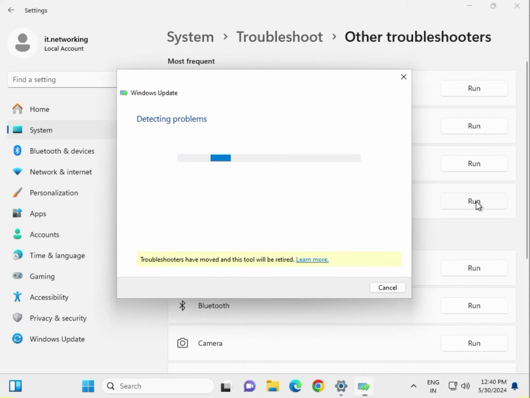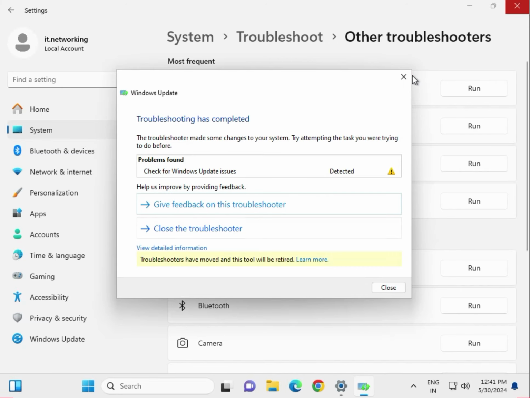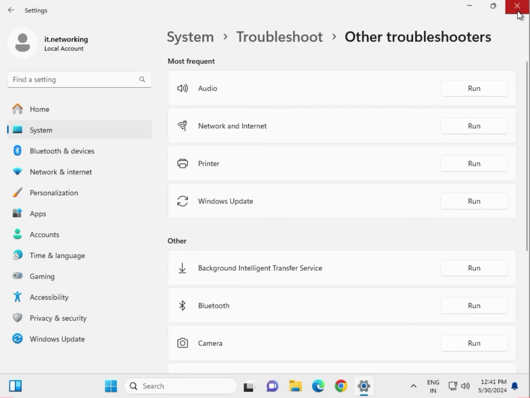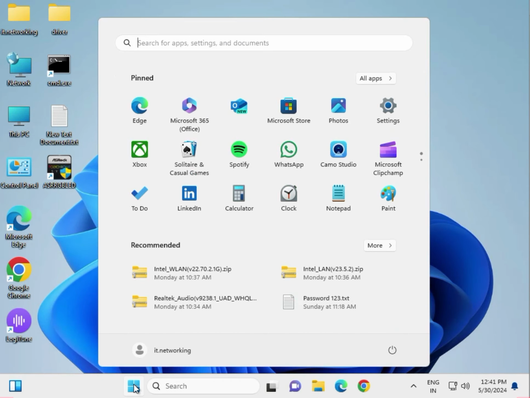and wait a few seconds. It will detect what the issue is in your system. It asks whether to check the Windows Update issues, then select No, then close, then next. Click Start again. Second solution, click Run,